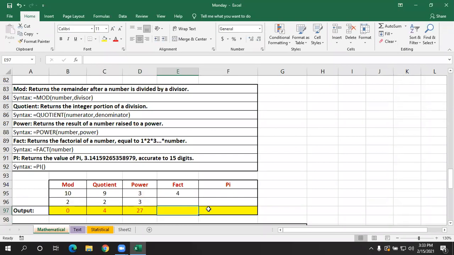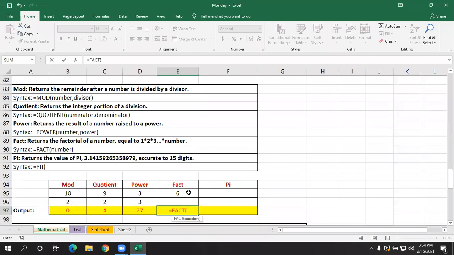Then next here we have FACT. FACT is nothing but the factorial of a number. If I say factorial of 1, it is 1. That is the multiples of those values. Factorial of 2, 1 into 2. Factorial of 3, 1 into 2 into 3, that is 6. Factorial of 4 means 1 into 2 into 3 into 4. Okay, it will display the multiples of those values. Now instead of 4, I'll give 6. Let's check what is the factorial of 6.